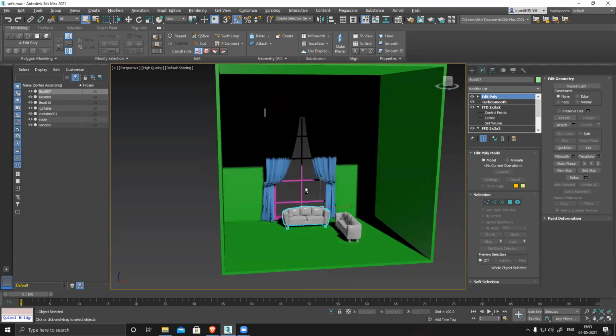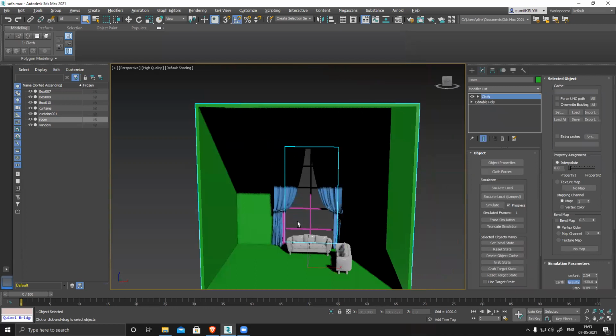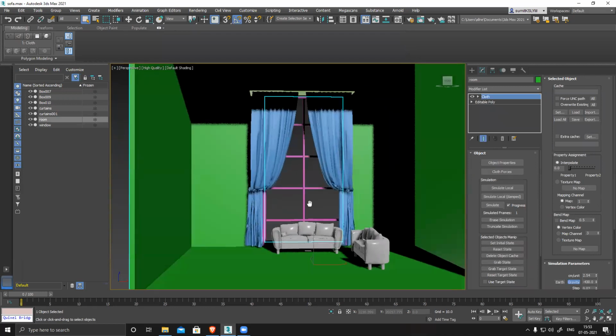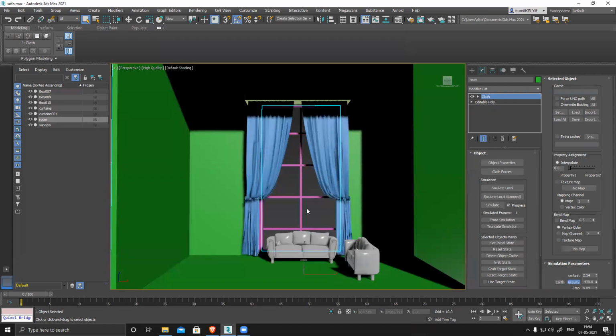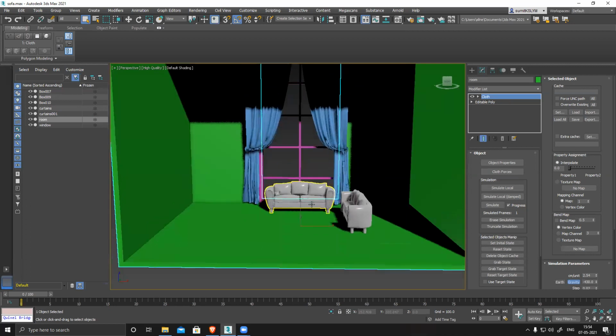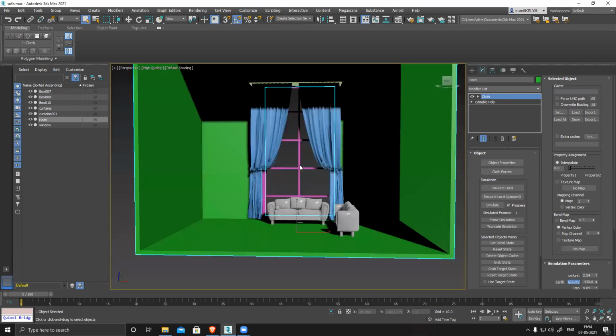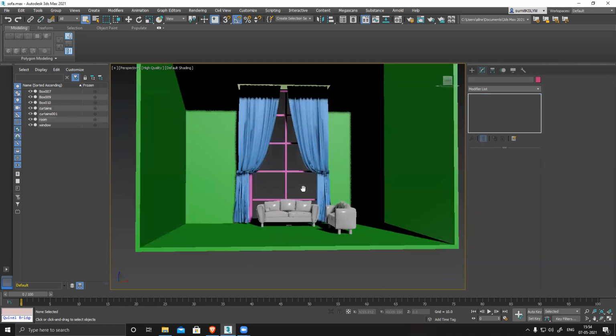You can see it's pretty simple, just a box and create this cushion, this curtain and sofa. So you can create things like this, and for presentation purpose you can add a glass wall here, some texture here, some texture here, and make it look really nice render. It will look really nice, right? So like this you can do it.